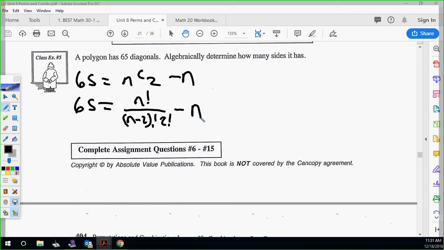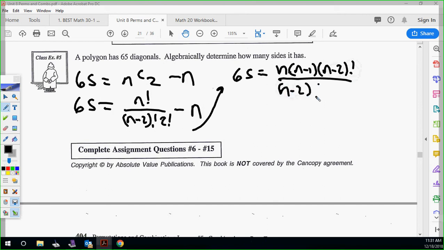So again, we're going to draw the n factorial out. So I'm coming up here. n times n minus 1 times n minus 2 to get those n minus 2s to cancel. So now that's where we're at. Not yet, because there's a minus n on the end. So we can't times it yet. We will. Okay, so this is where we're at. And then like Travis just said,